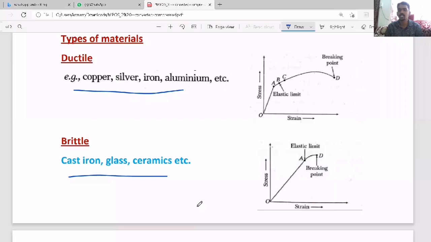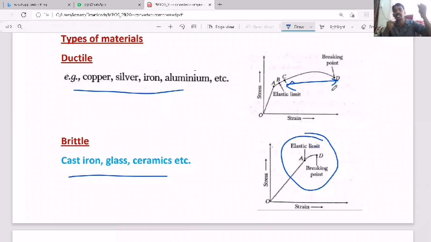So in terms of the stress strain curve, the gap between the elastic limit and breaking stress is very small. See here, the gap is very, very small. But if you consider the other one, ductile, the gap is huge. You can extend it to a very great length. It may not come back, that doesn't matter, but you can stretch it to a greater length. So you can make greater changes in the dimensions. Such material we call ductile material.